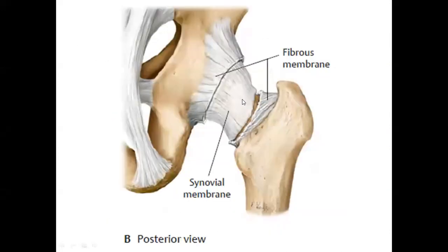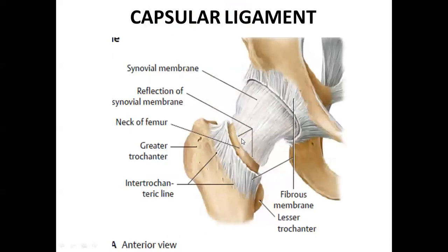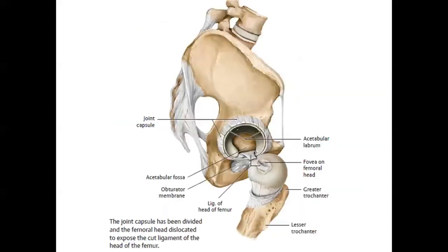Okay, so there are two types of fibers. I don't have a diagram for it, so to remember it, you will remember two types of fibers. Below, first, there will be fibers that are circularly arranged, known as the zona orbicularis, and from outside, the fibers that come from the intertrochanteric line are known as the retinacular fibers, through which the retinacular vessels pass. You can see the joint capsule there, the labrum, the transverse acetabular ligament, and